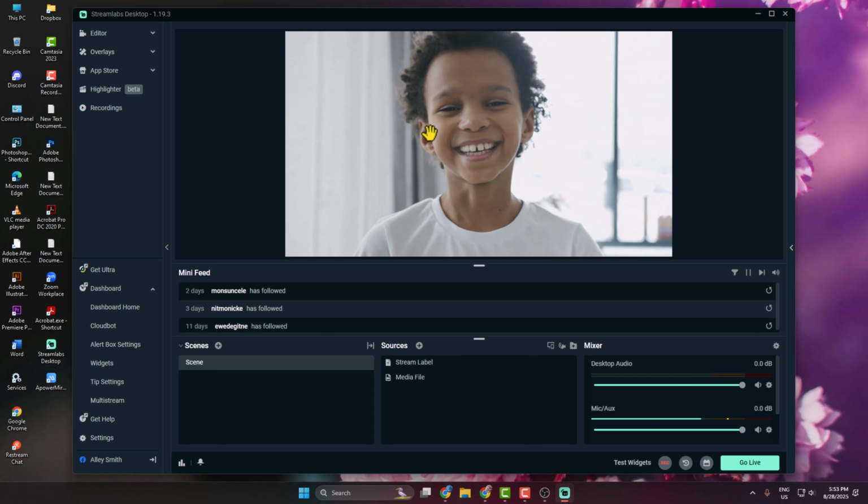Select here widget. In the widget list you have to select stream label and click on add source, and here I'm typing recent follower and clicking on add source, and label type, click on this drop down, and in here you have to